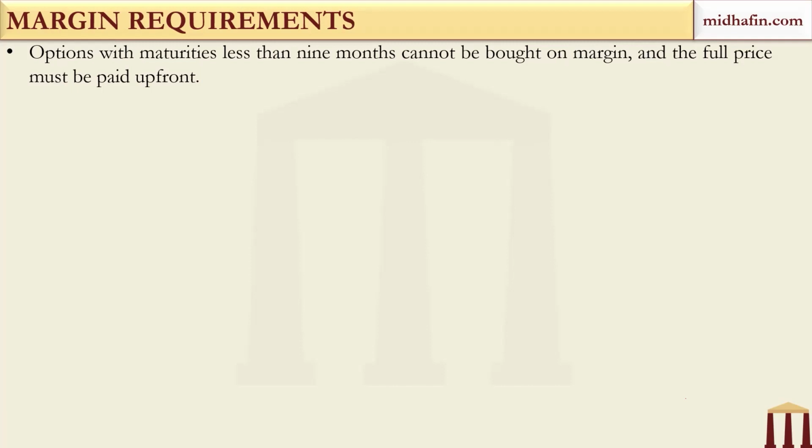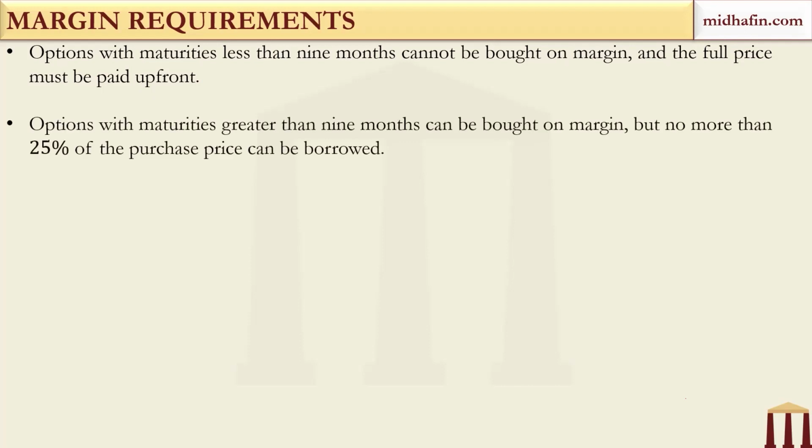So if you wish to buy 100 options, or let's say one option contract in this scenario, and one option on one share is worth let's say $2, you will have to pay $200 in full upfront. Then only will you receive these call options. But if you have options which have maturities greater than 9 months, let's say 1 year, for example LEAPS, LEAPS can be bought on margin,